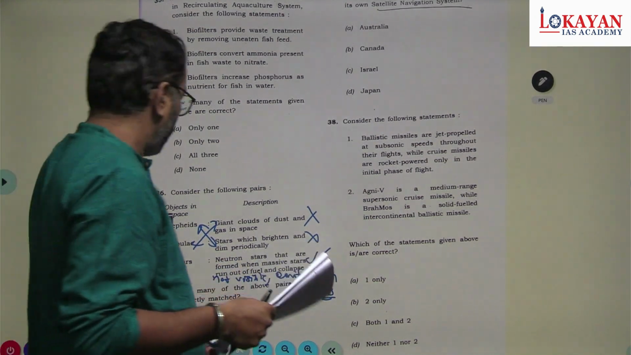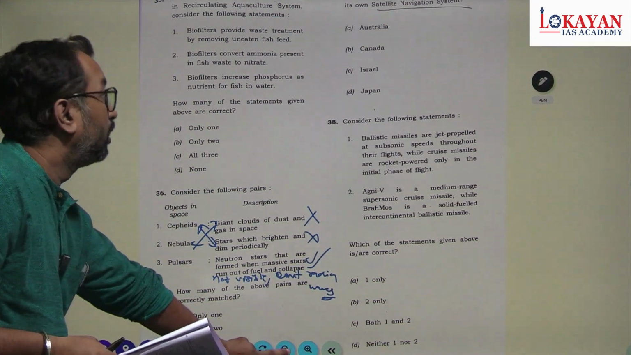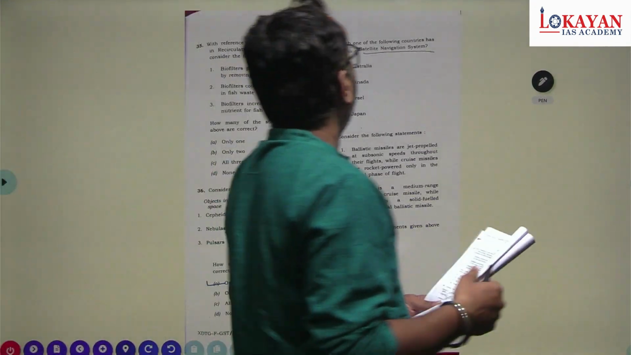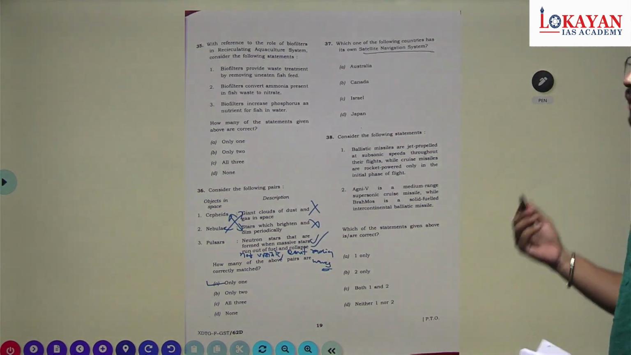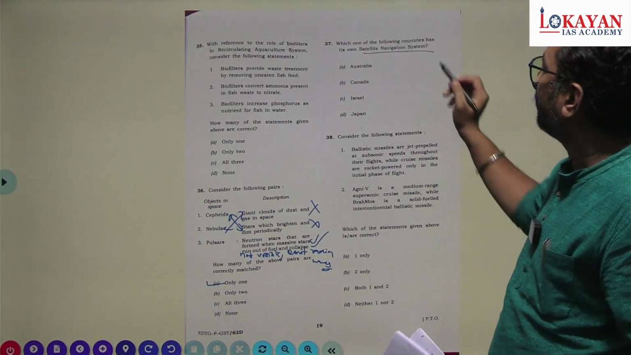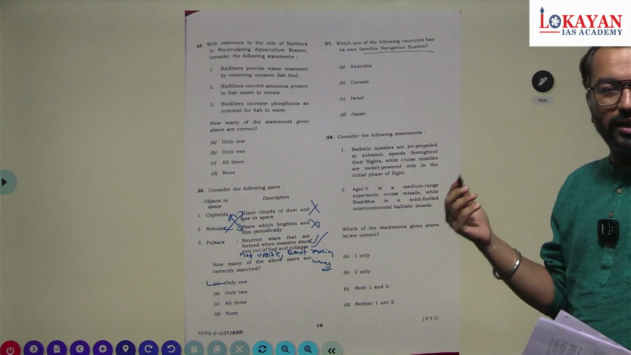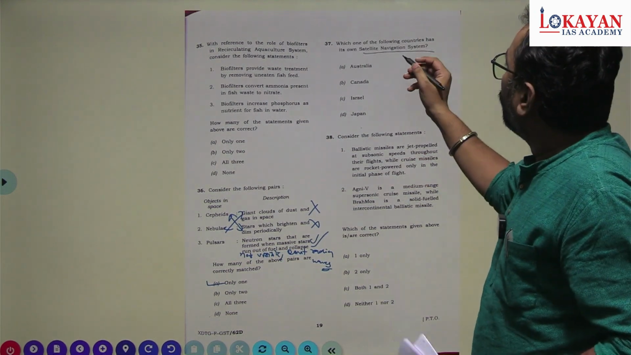Yes. Question number 37. Which one of the following countries has its own satellite navigation system? Own satellite navigation. How many satellite navigation systems are there? Right? So global